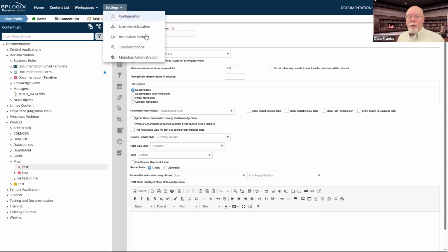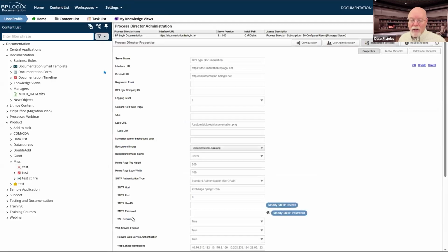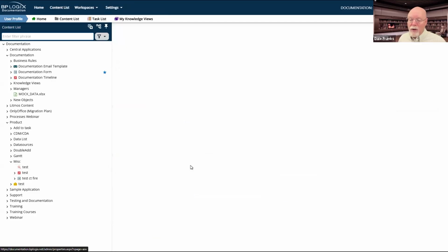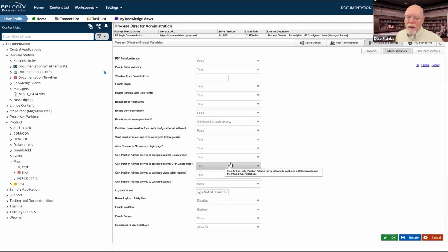But if you do go into installation settings and global VARs and you change that new VAR that you'll see, enable pop-ups, if you change that to false, as it is here, then you will have control at the knowledge view level of how forms are displayed whenever you click on the form instance that gets returned by your knowledge view.